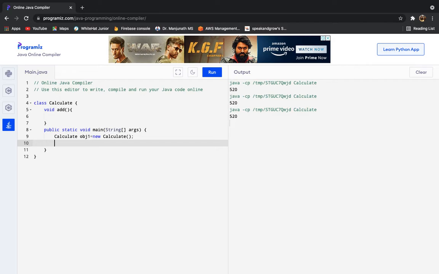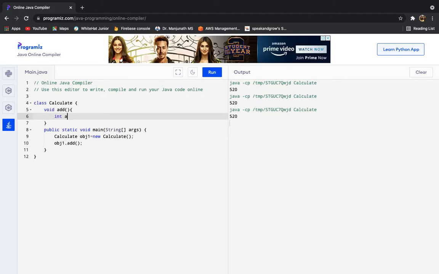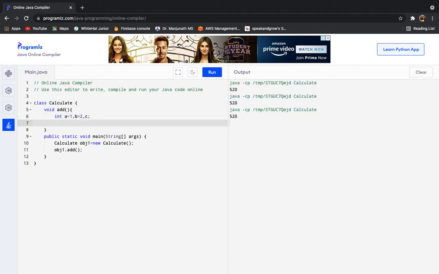Now I have the object obj1, so I simply call this method and done. Now what do I need to calculate? Add, suppose I want to add two numbers, a as 1 and b as 2. I will add two numbers, so I'm declaring c as a result variable.